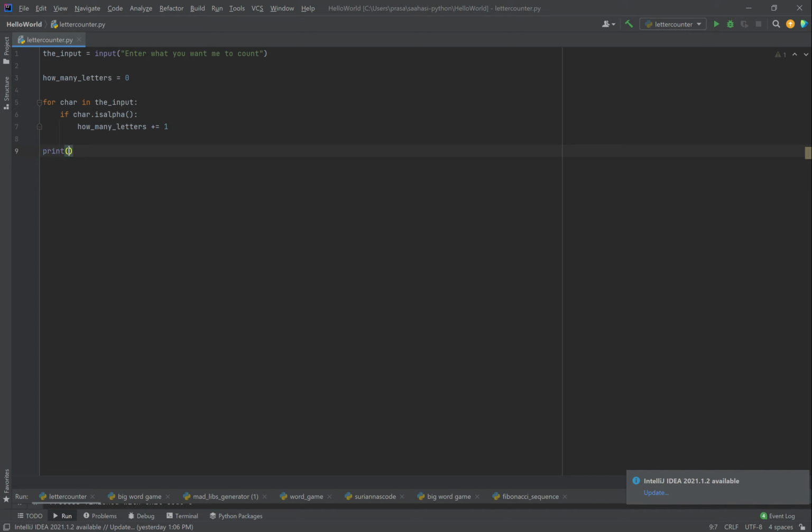We are going to write print, then quotes, and then there are empty curly braces letters. Then we're going to write .format(how_many_letters), and then if we run this,